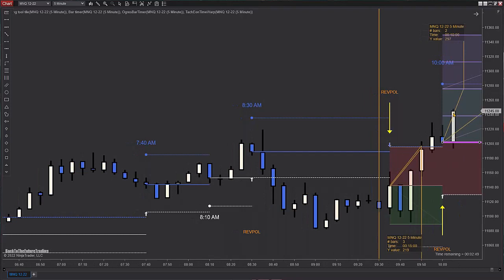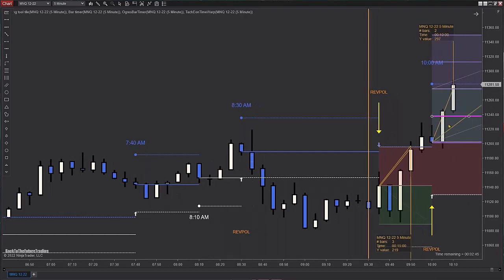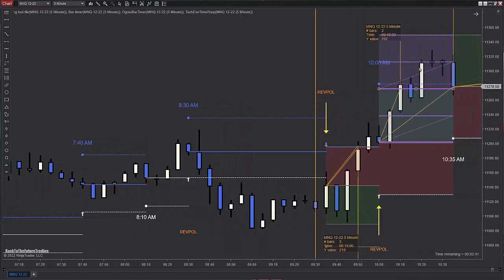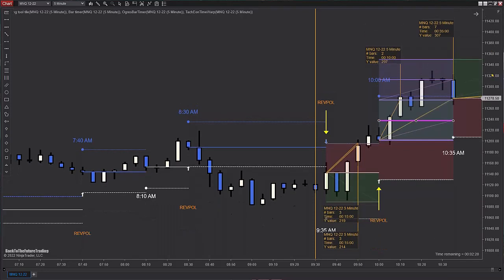Oh, I guess we were closed above this one, so we could have moved our stop to this line. Then we close above here, then we move our stop to this line. Then we get stopped out, and then we keep going. So I don't know. It's something that I haven't tested at the 50%, but at the minimum, move your stop to break even. I don't know, maybe only do one move depending on the time. There's a lot of options with that.